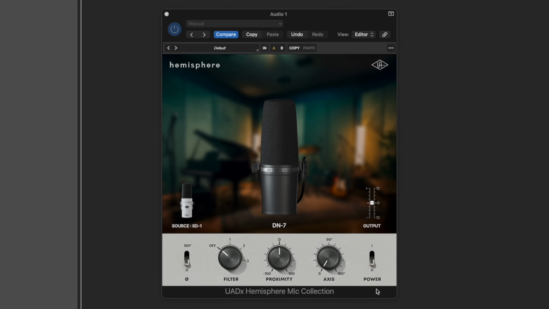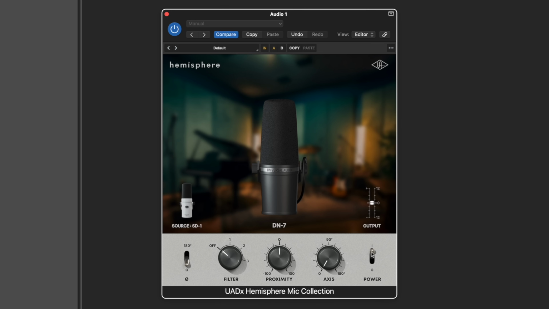With that out of the way, let's check out the plugin, let's see how it works, and more importantly, let's hear how it sounds. This is the plugin from UA that's going to give you all of the microphone models for the SD-1. First, let me go ahead and turn on the plugin. Up until now, you've been hearing the raw SD-1 audio. Now you are hearing an emulation of the DN7,